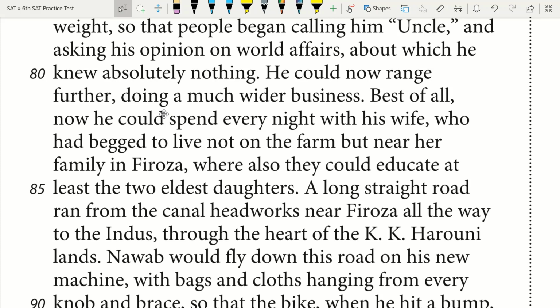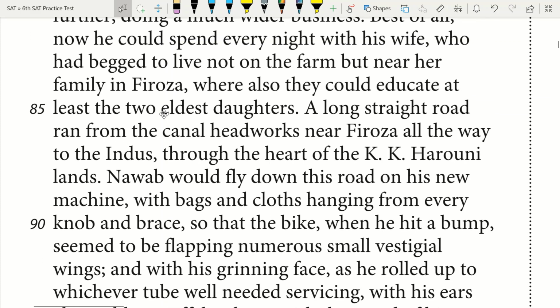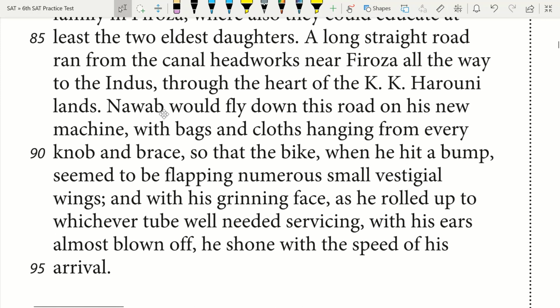Best of all, now he could spend every night with his wife, who had begged him to live not on the farm, but near her family in Firoza, where also they could educate at least the two eldest daughters. A long straight road ran from the canal headworks near Firoza all the way to the Indus, through the heart of the K.K. Haroni lands. Nawab would fly down on his road on his new machine, with bags and cloths hanging from every knob, and braced so that the bike, when he hit a bump, seemed to be flapping numerous small vestigial wings,